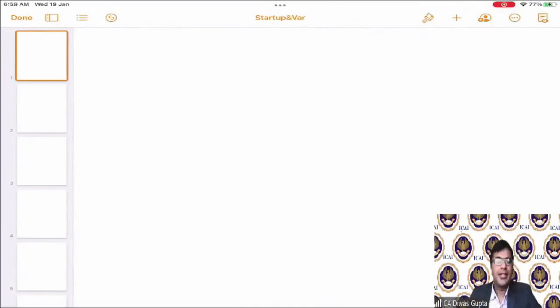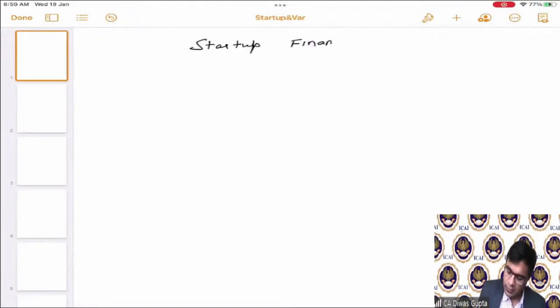So let's start with the startup finance. So students, for startup finance, first of all, we need to understand what exactly is called a startup. Then only we can study what are the different types of financing techniques for that startup. So if we see, a startup is actually defined